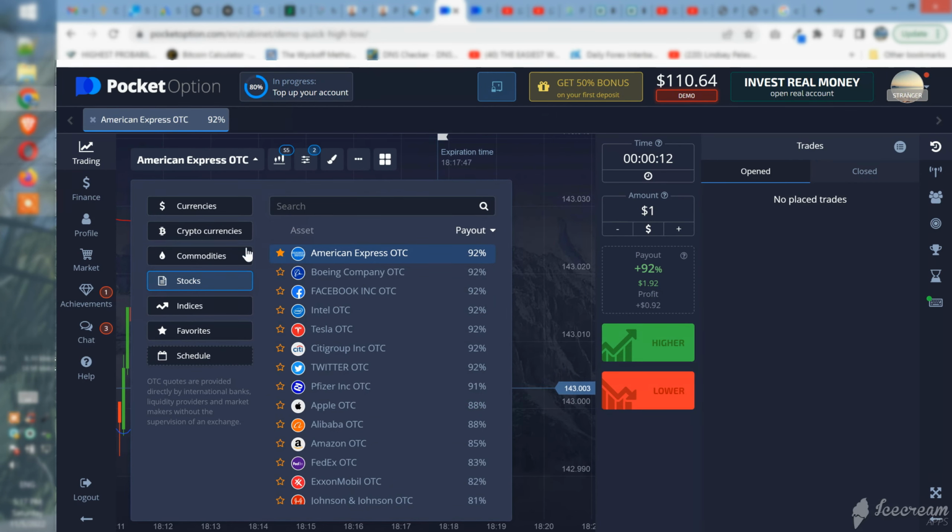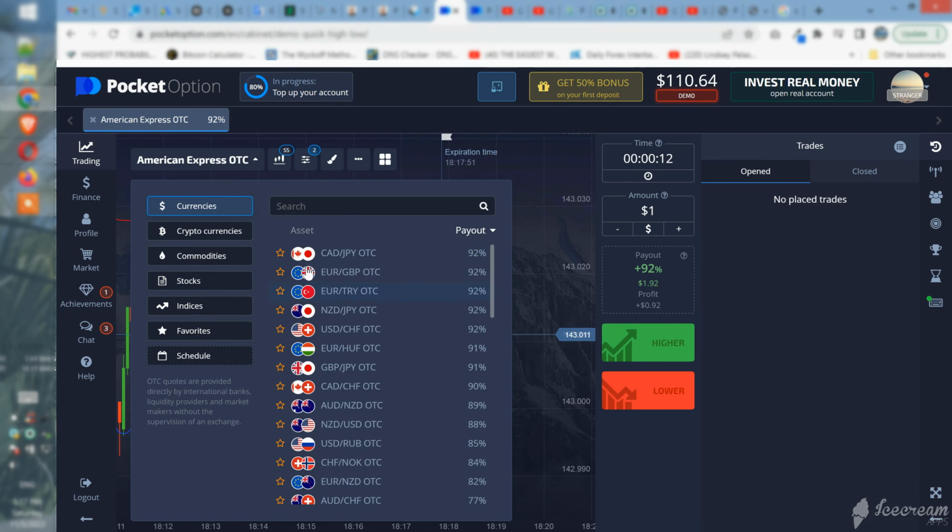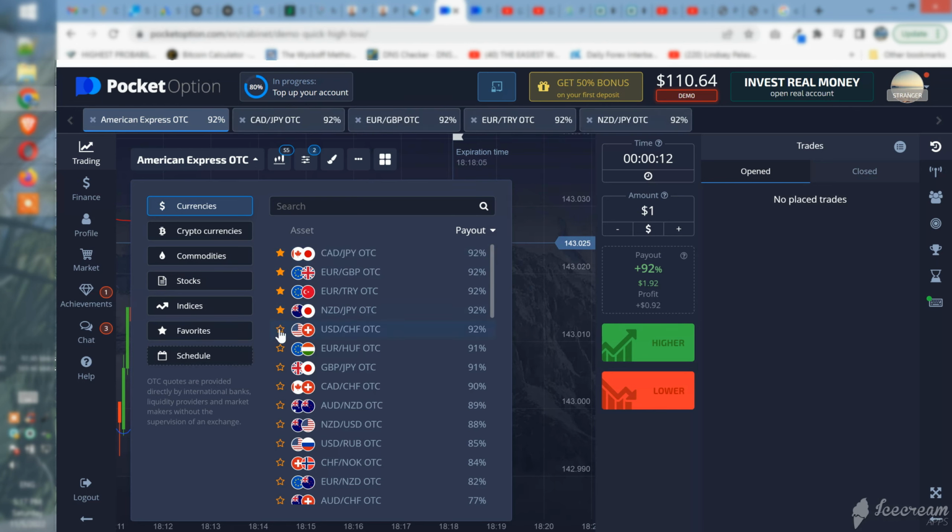And here we go to currencies, and you need to make sure you select just those above like 88%, because this is what you get actually. I will explain later. So basically the higher the better. So I just choose like this, I put them on the screen very easily, very quickly. Okay, and then I go to stocks,